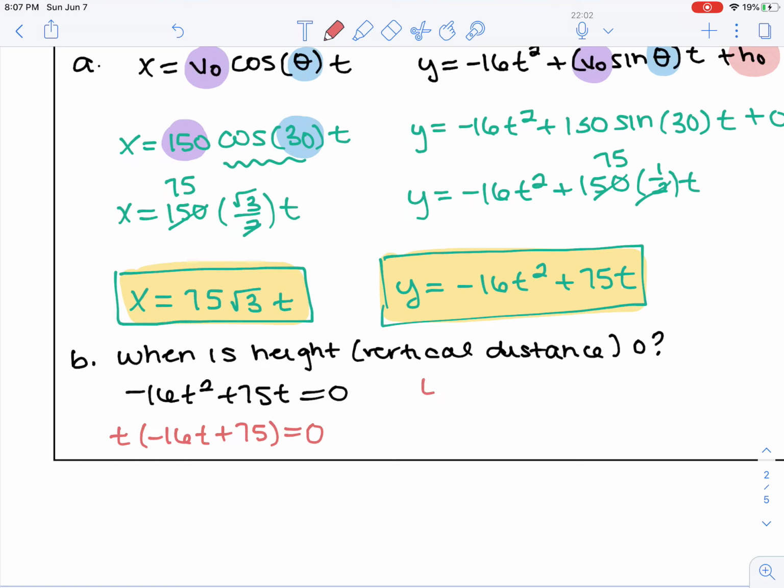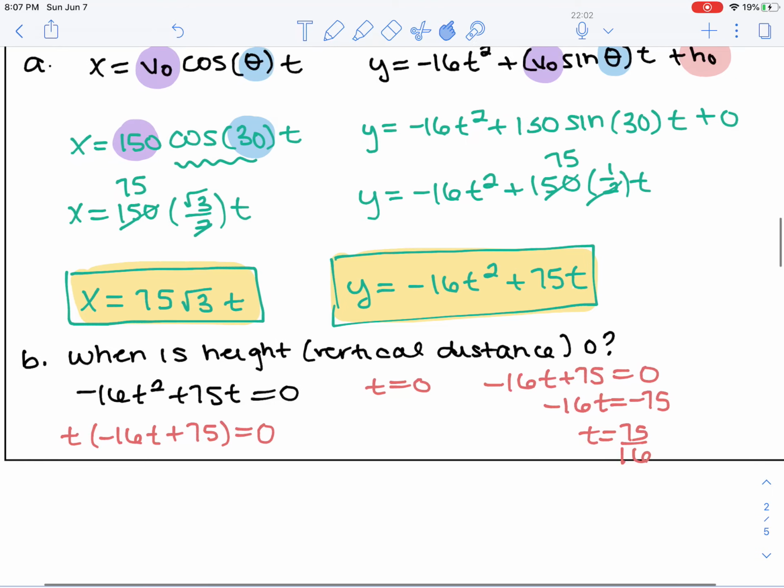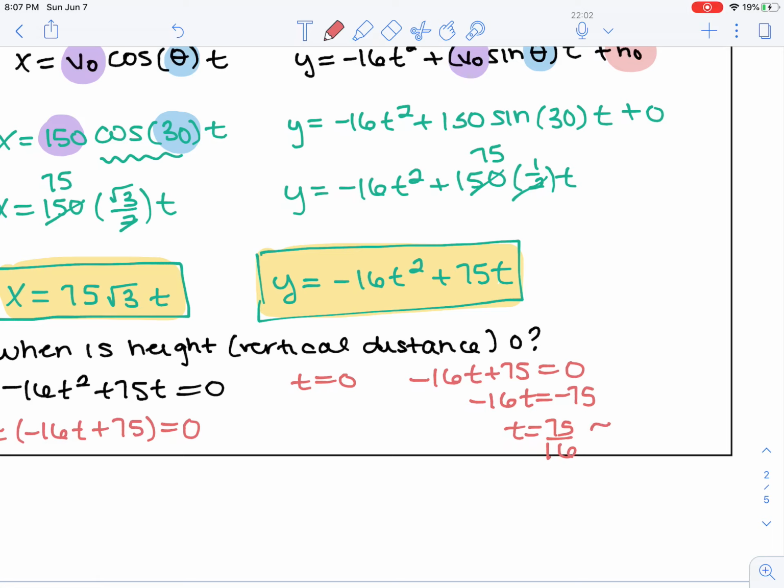We know that when t was equal to 0, we had a height of 0, and that checks out with this problem situation, right? We started hitting the golf ball from the ground, and then we also know that negative 16t plus 75, the solution to that also gives us a height of 0. So solving this gives us negative 16t equals negative 75, or that t equals 75 over 16, which is roughly